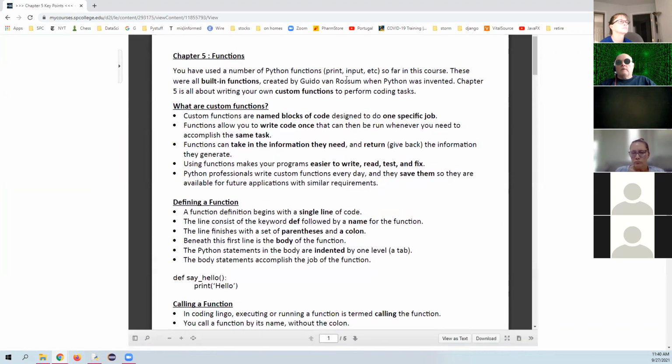Functions. Yeah, we've used print and input. Those are all built in. Guido and his friends made those functions for us when Python was first invented. But what we're going to learn about in this chapter, chapter 5, is how to write our own custom functions. That's when you truly become a Python programmer, when you write your own functions, because that's what you'll have to do as a professional. For your clients, for your supervisors, they're going to be asking you to write custom functions